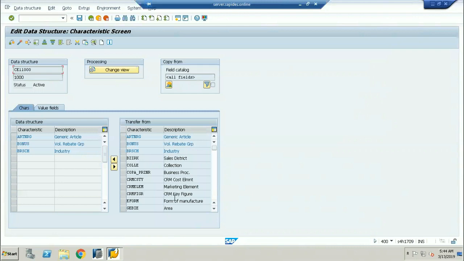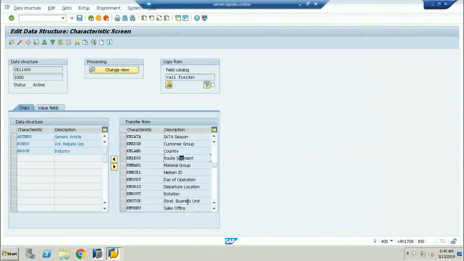You want to do the profitability analysis based on what? You want to do it based on the sales statistic or collection. These characteristics never talk about the quantity and the price. This is very, very important to all of you. What are all the characteristics you want to take into consideration to derive your profitability analysis? Whether you want to derive it based on area wise or customer group wise or brand wise, or you want to take it based on customer hierarchy wise or product wise, product hierarchy wise, country wise.